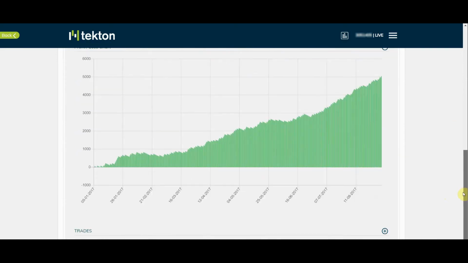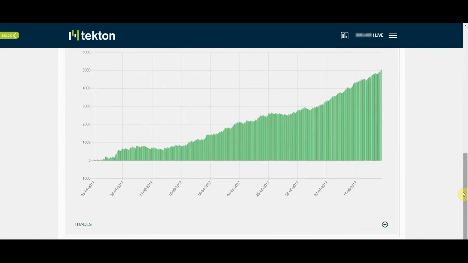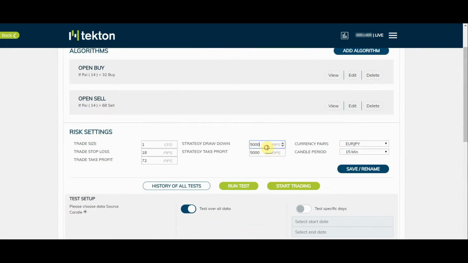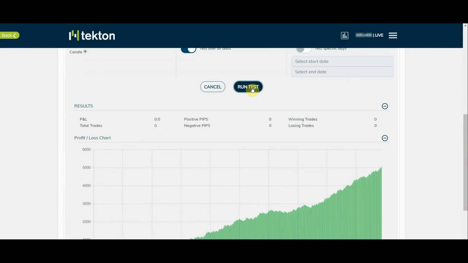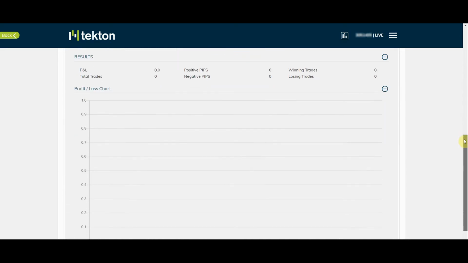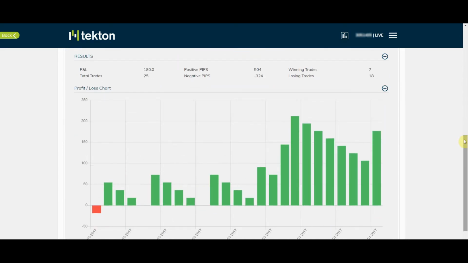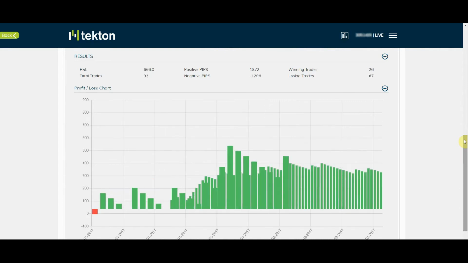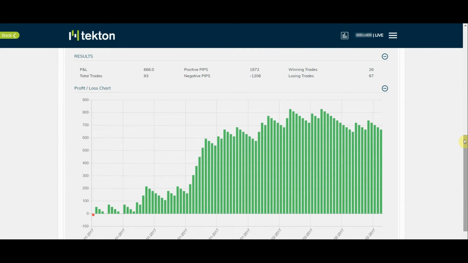So what I want to do now is I want to backtest this over, if I can, the whole period. So I'm going to really open the floodgates now. And I'm going to put in here 10,000. I'm going to click run test, and I'm just going to let this one run. Okay, because clearly this strategy has a good profitable return, and it's going to now test the same data. It's all the same data it's testing,